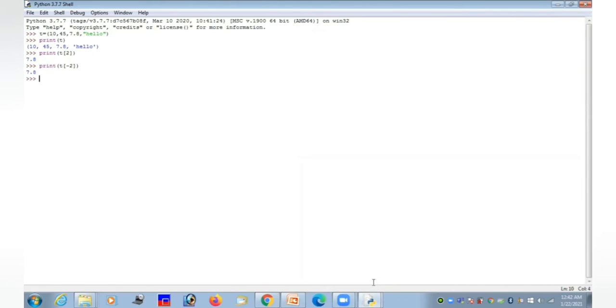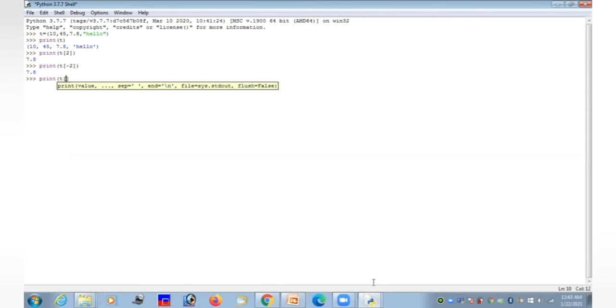So I already created the tuple T, which contains the elements 10, 45, 7.8 and hello. Suppose I want to print the elements 45 and 7.8 from the tuple T. So I am going to extract only two elements from the tuple T. For that I am going to give the tuple name, and within the square brackets I have to mention the start index value.